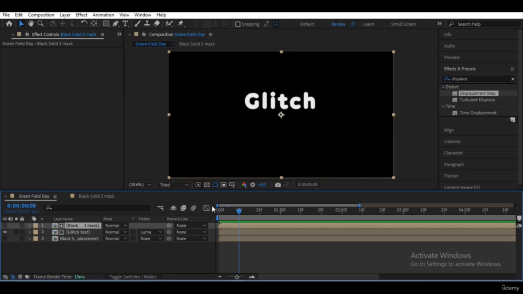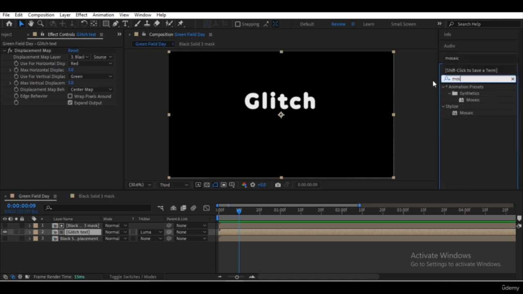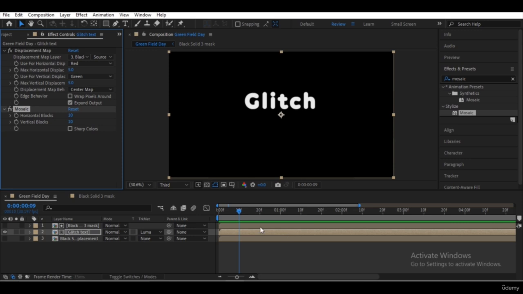Then we can go to the glitch text again and type mosaic in the effects and presets tab. Drop it right there and increase the horizontal blocks so that it matches the pixels as accurately as possible. Insert a keyframe by activating this stopwatch icon.